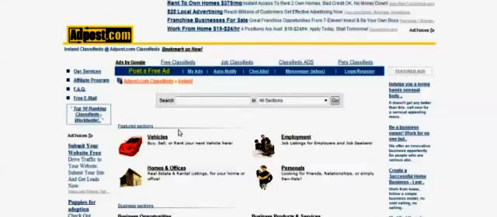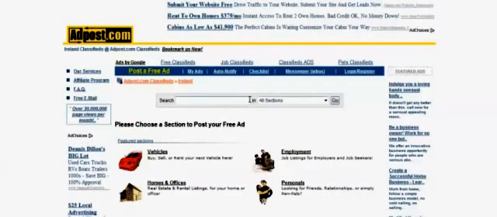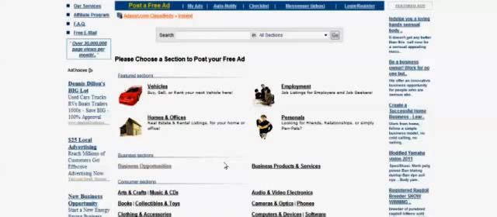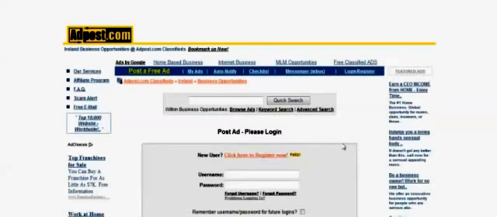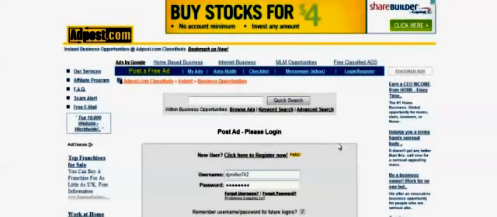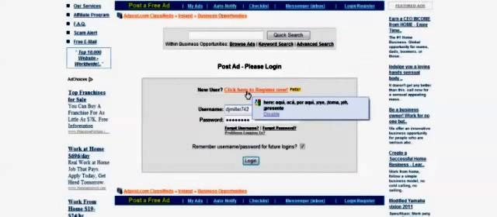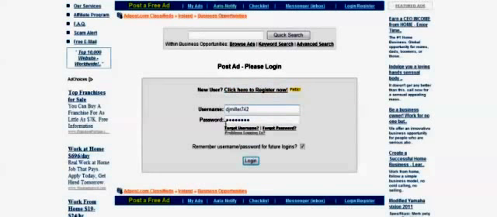So we clicked on a country, now we're going to hit post a free ad. This does not cost you a dime to go post a free ad, guys, okay? And then pick a category. There is no right or wrong way to do this, just pick one that works for you. I like business opportunities. Now, if this is the first time that you guys are using AdPost, this is where you would click right here to register to create yourself a free account. Once you've created that, then you can come down with the username that you chose and the password and log in. Okay.